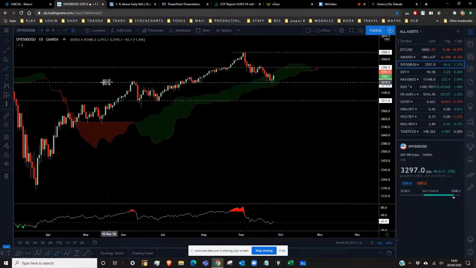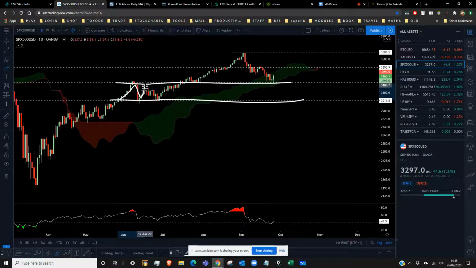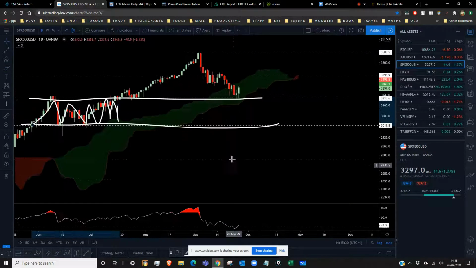So we're just sitting above this support zone, this area here. That's a very strong support. That's where the index consolidated in June. It's most likely we get a bounce, but that depends on so many things. I'll just watch and see. I'll begin to get excited if the index is able to take out this high here. If we're able to take out